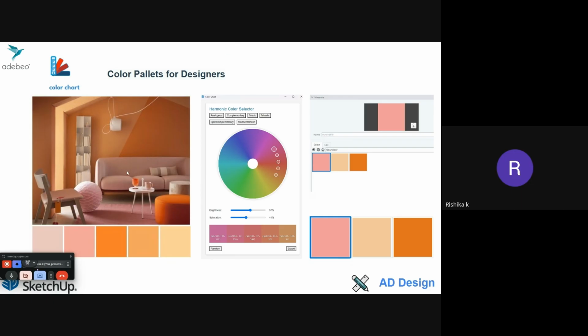As I said, I'm taking some analogous color theme. So there is orange, pink, and all these things. So I have chosen the same harmonic color selector in the plugin. And you can see these are the results it has given me. You can see RGB 141, 94 and all these colors. So once you export it,